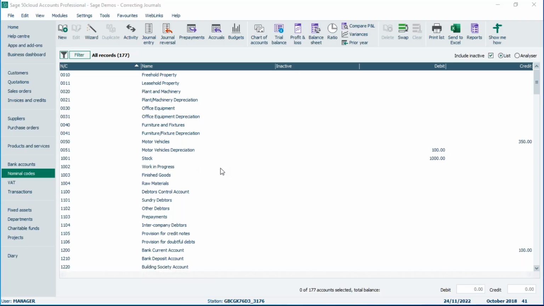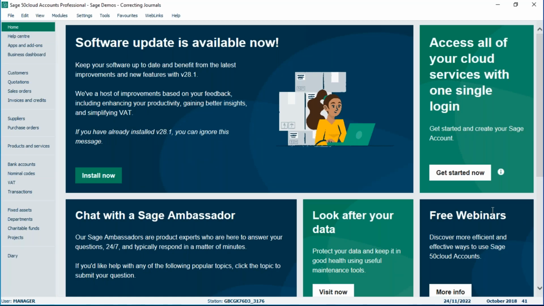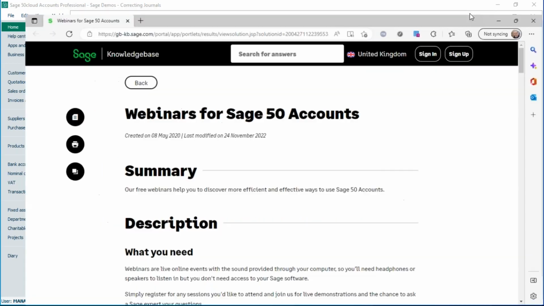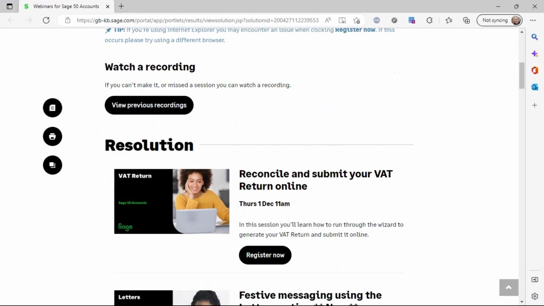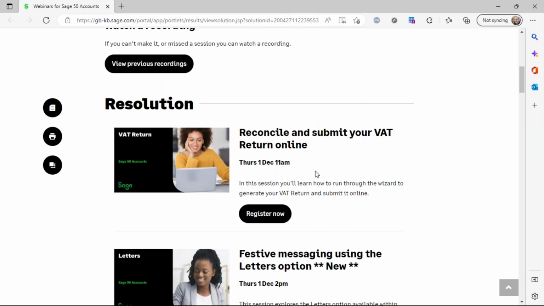If you go into your software and click on your toolbar on the left, if you click home, one of the panels you will have is this one here, free webinars. If you click more info, it will take you into the webinar article. So that's a good little tip for you. You can see what's coming up. So the next session that we are running,